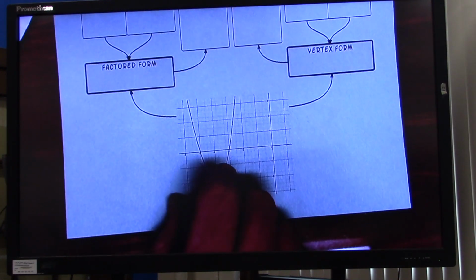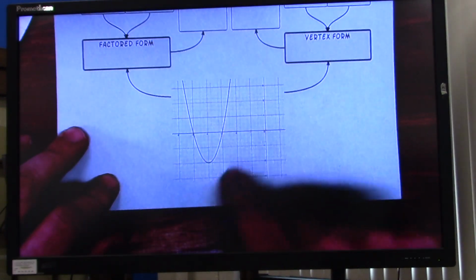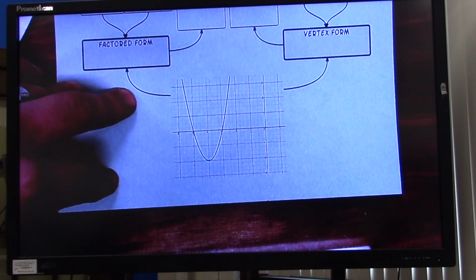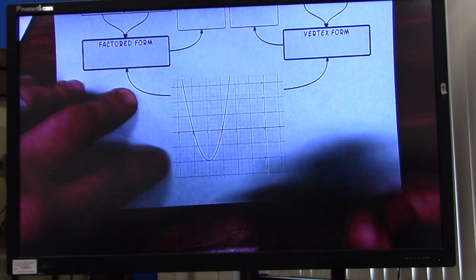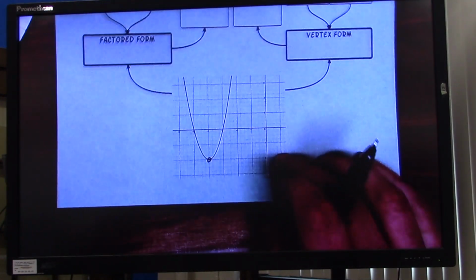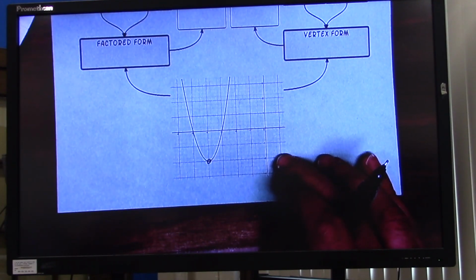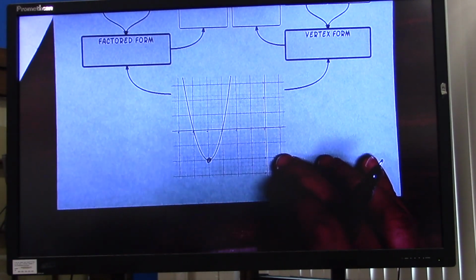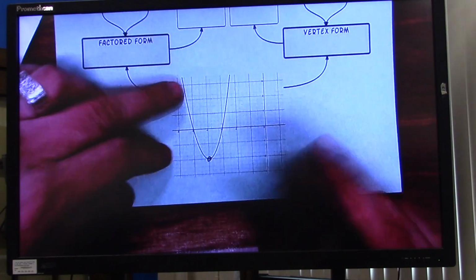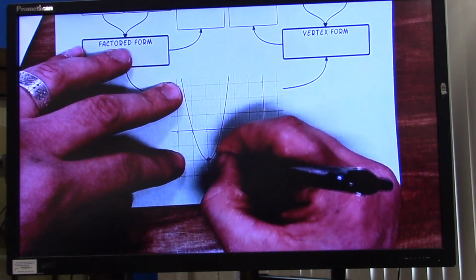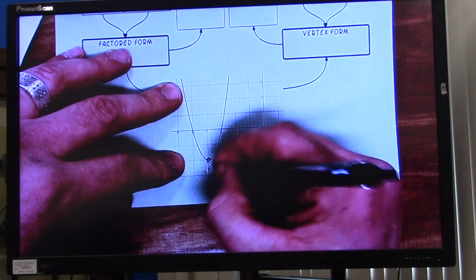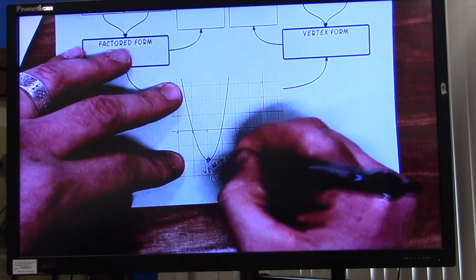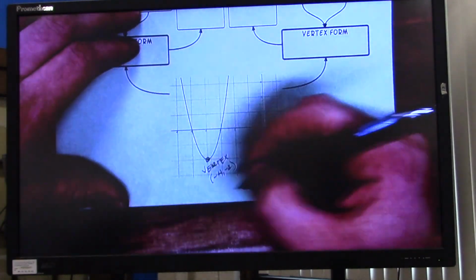And there are a couple of very important parts on this shape, and we'll go ahead and first identify those here. The most important part is right here where it turns. Go ahead and put a little dot there, and then the name of that spot, it has its own vocabulary. It's called vertex, and I'm going to go ahead and label it. The vertex is -4, -2, and